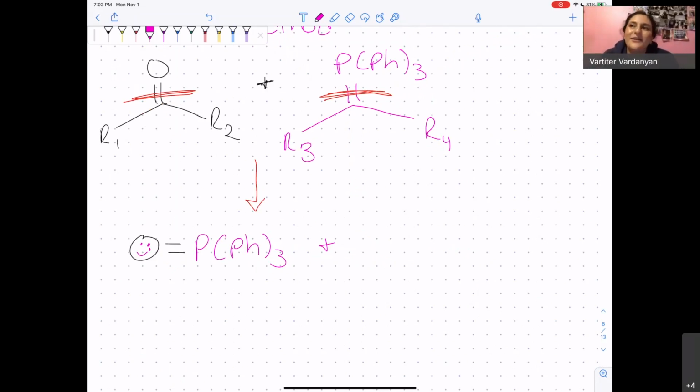Okay. So now that we don't have any heads, we have arms and legs. Let's put the arms and legs together. So I have R1, R2 attached to